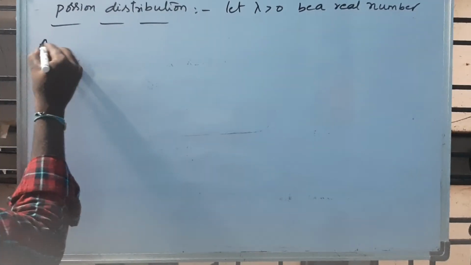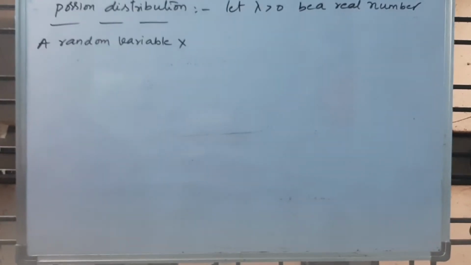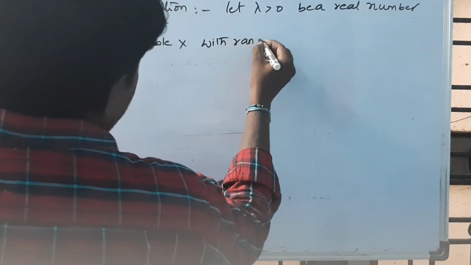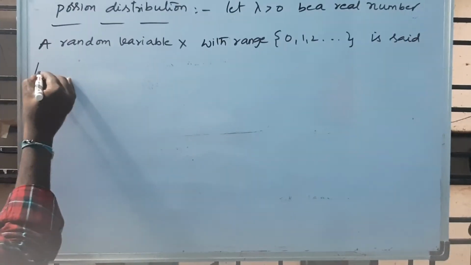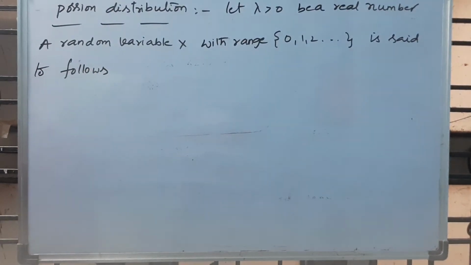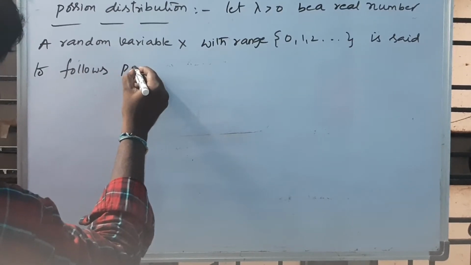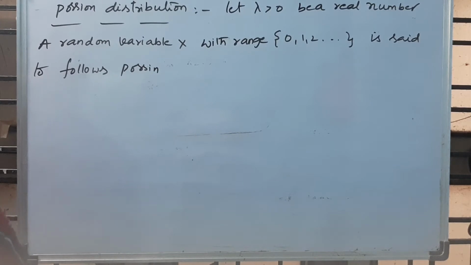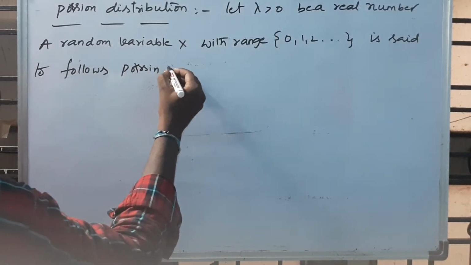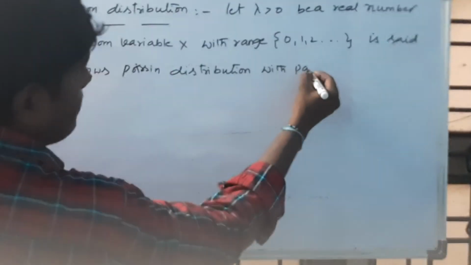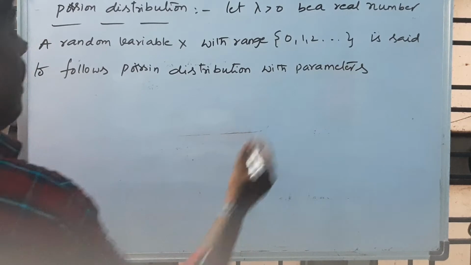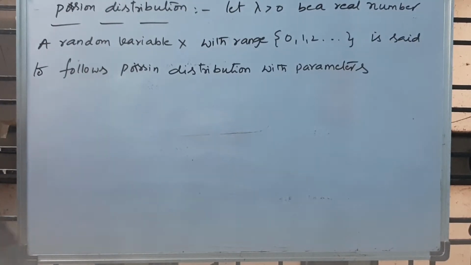A random variable x with range the set of 0, 1, 2 and so on is said to follow Poisson distribution with parameter lambda if